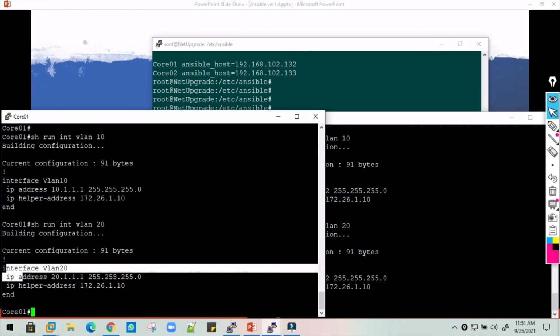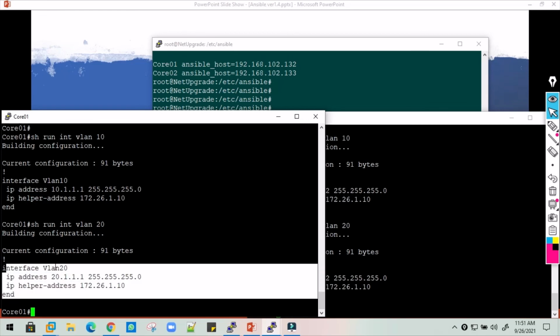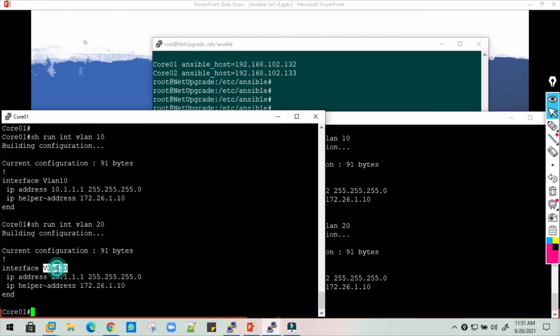And this can be expanded to multiple interfaces as well. Like if we have VLAN 10, 20, 30, 40, 50, 60, then all the interfaces we need to just add under the loop, and we are done. If we need to include multiple devices, then we have to update the host file, which is here in our case. We need to add all the IP addresses and some name of the device, and done. Everything is going to be configured over there.